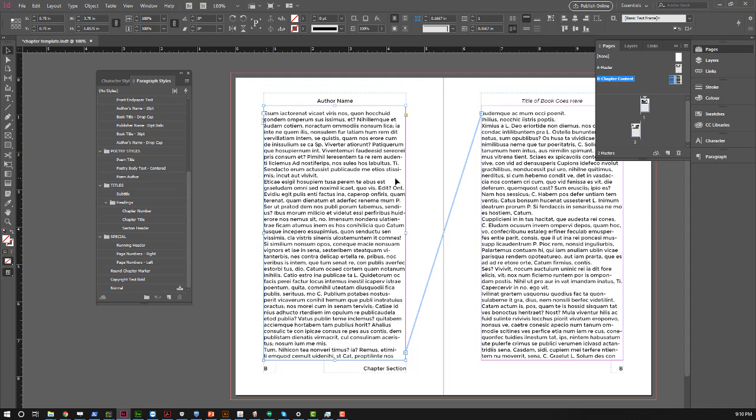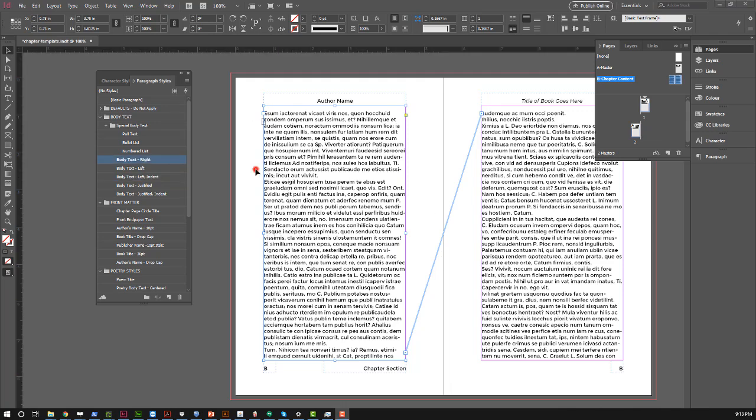Perfect. So this is just basic paragraph text, which I can choose from here. Body text. So these are all prefabricated styles for this. Body text left. Click here. And you can see different styles are going to kick in any moment now. So if you're having trouble getting the styles assigned to these particular frames,